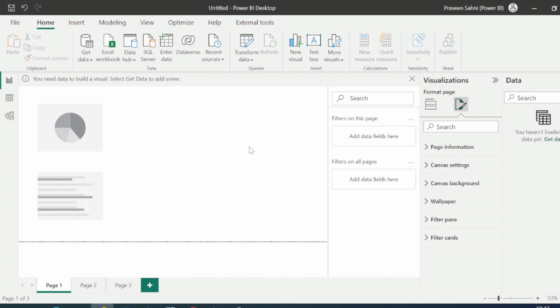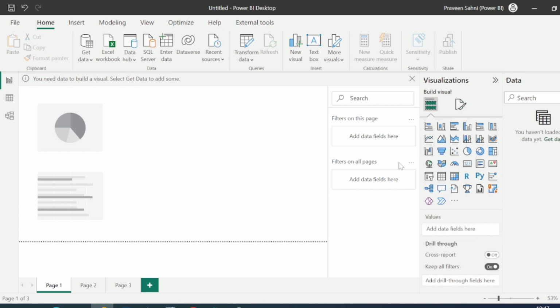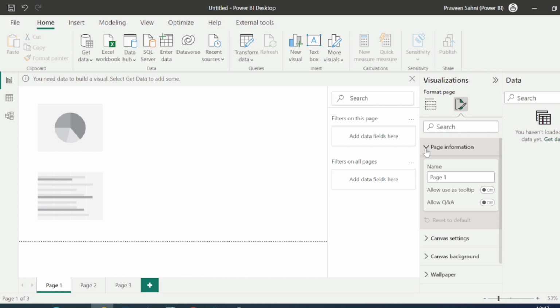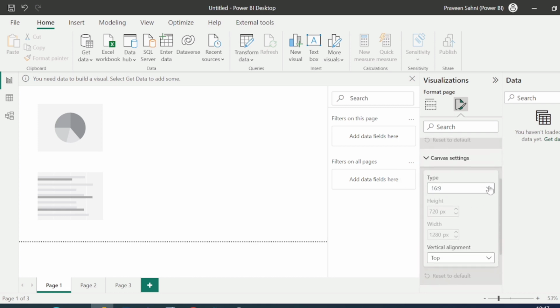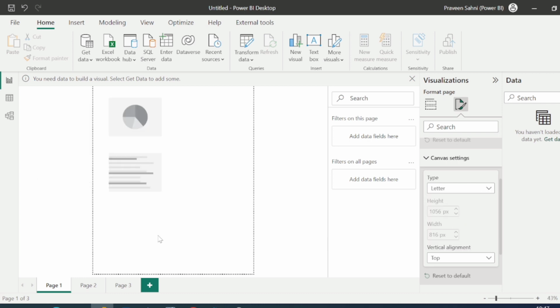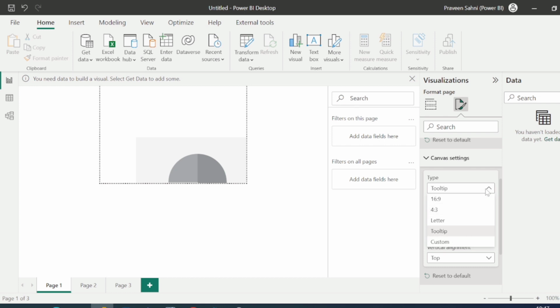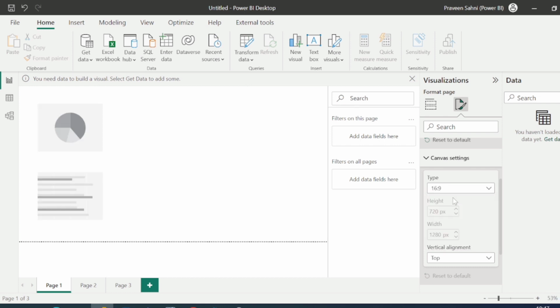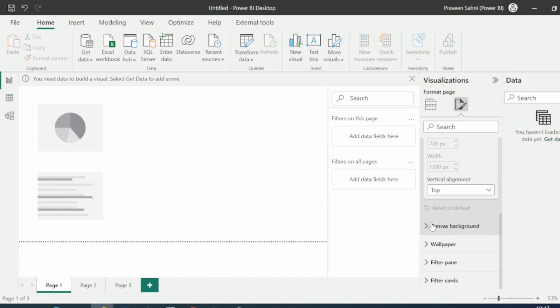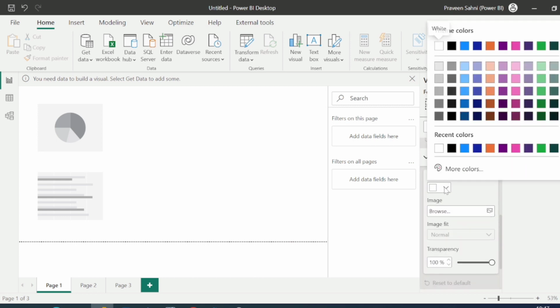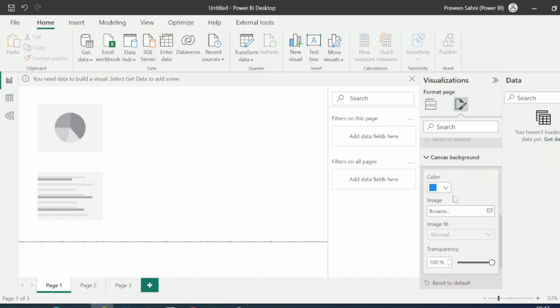And also you are seeing this formatting tab here, so it will provide you some formatting options. Now I haven't clicked on any visual, so this is the page formatting. So we can also set page information there, canvas settings. If I want to increase the size of my page where I am building reports, or I can also customize it as well, right? So by default it is 16:9. I can also set canvas background. Currently it is white. I can set it as blue or orange as well